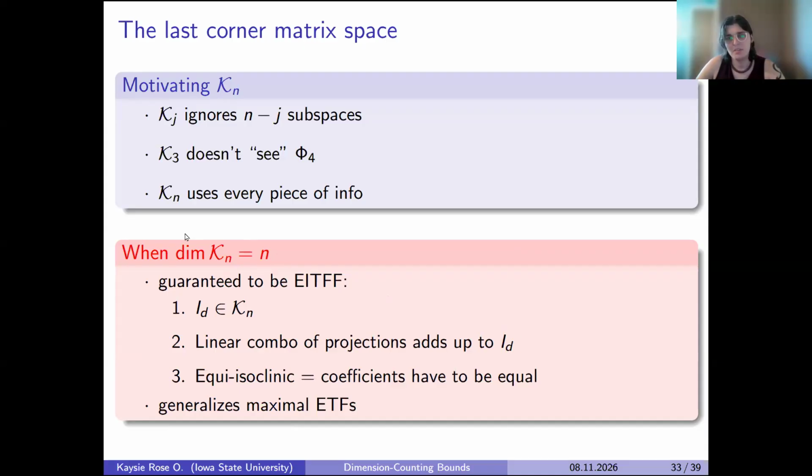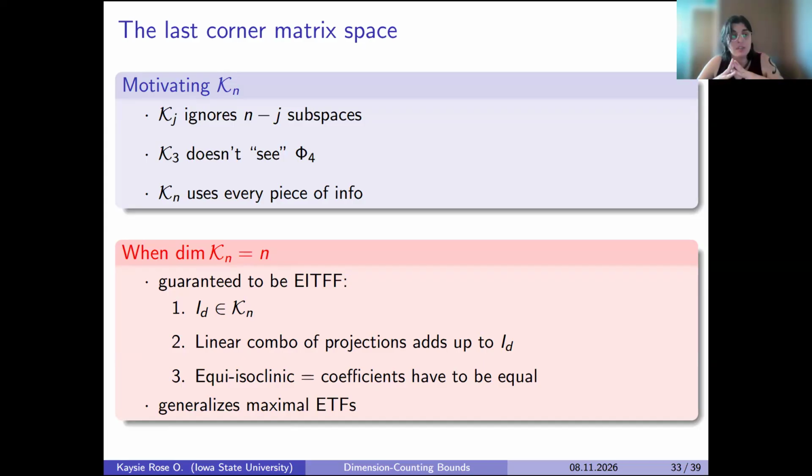Well, if dim Kn is n, the projections span Kn. So you have to have some linear combo that equals that. And if you're equi-isoclinic, the coefficients are already equal. So meeting this condition, dim Kn equals n, the last corner matrix space,